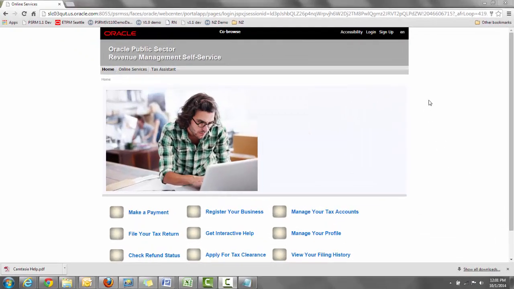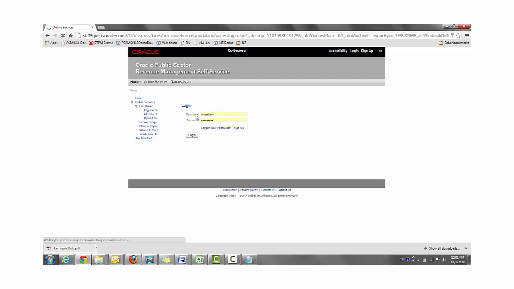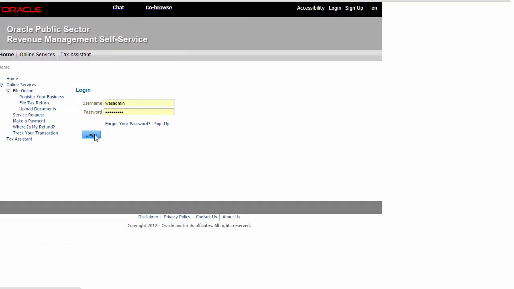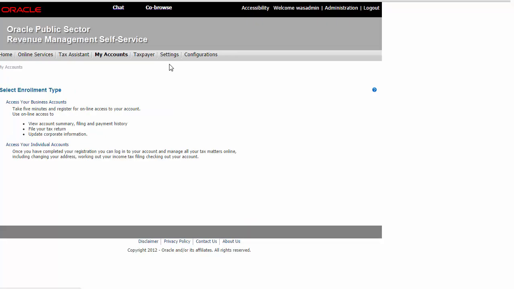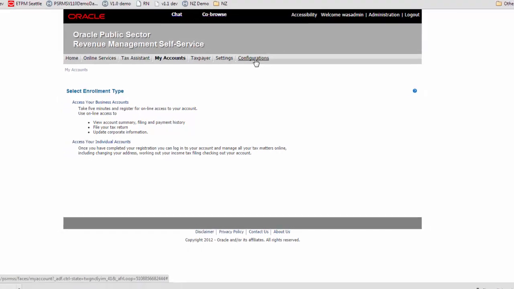In order for us to do it, let's first log on to Self Service as the administrator. So let's click the Login button, enter the administrative user ID and password, and click Login. This will enable the configuration menu. So go to the configuration menu